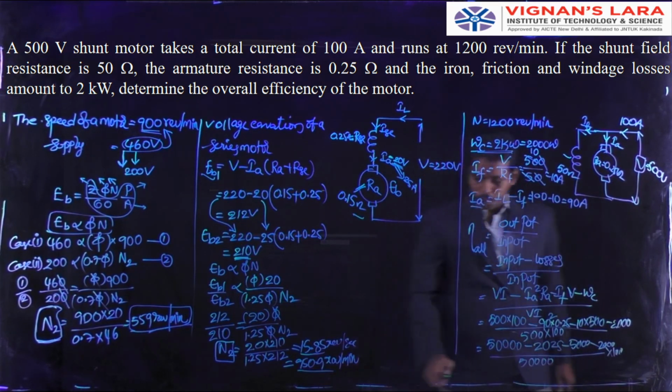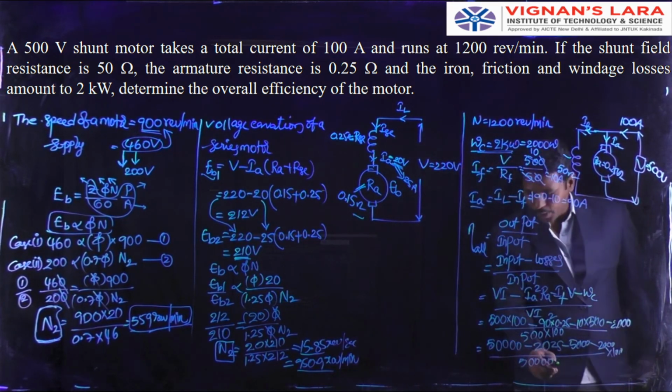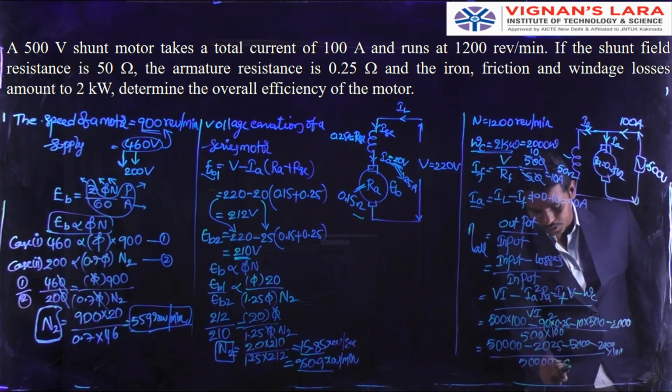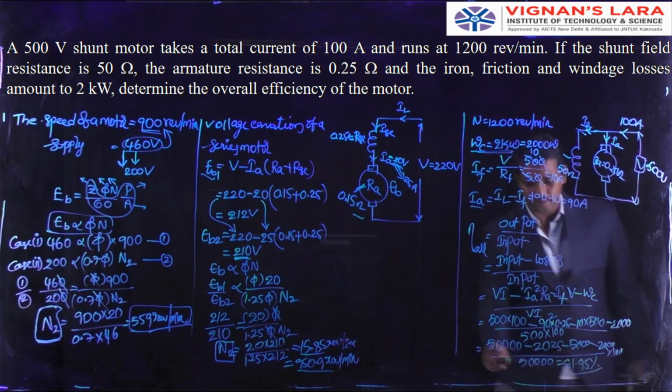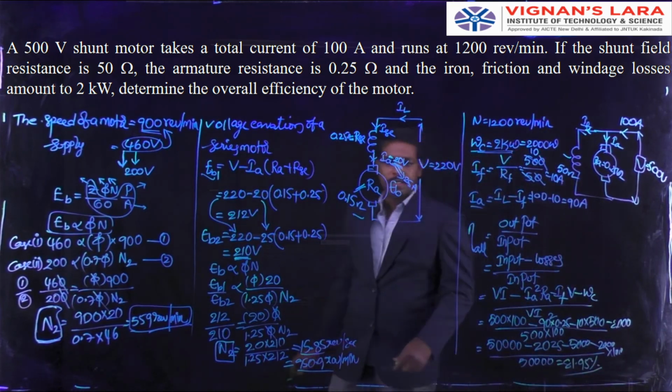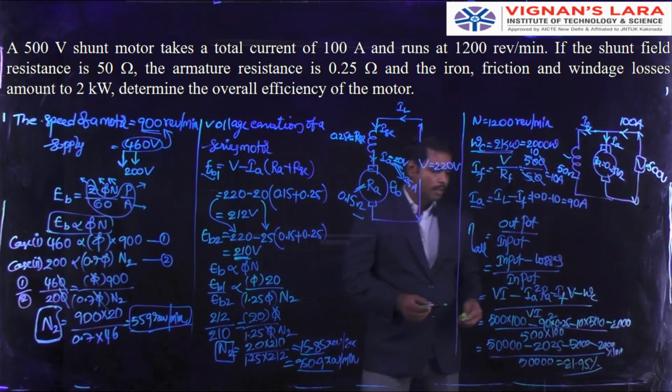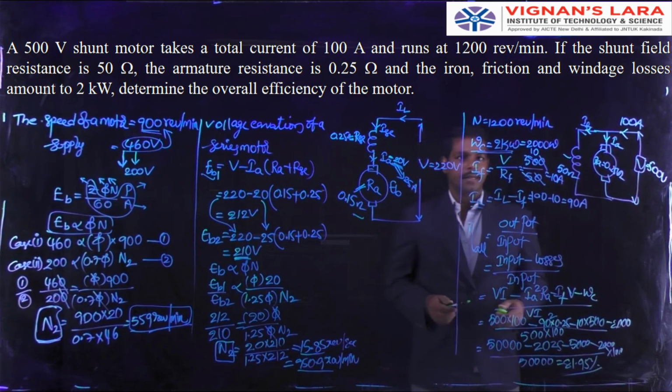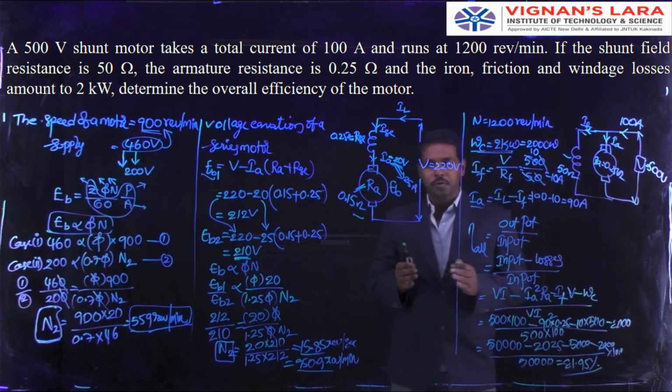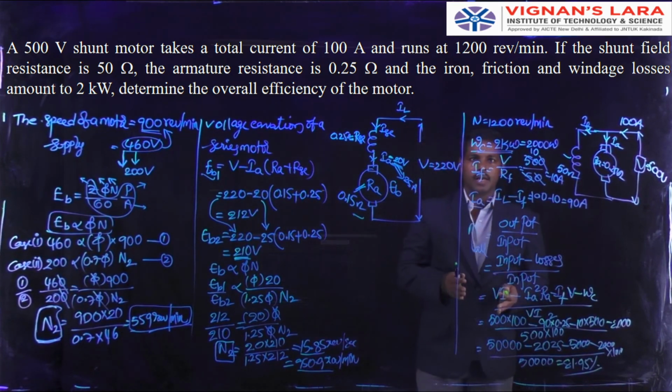of the motor is equal to 81.95%. The efficiency of the motor is equal to 81.95%. So first of all, if you have to find the efficiency of a motor, WC is equal to 2000 watts,